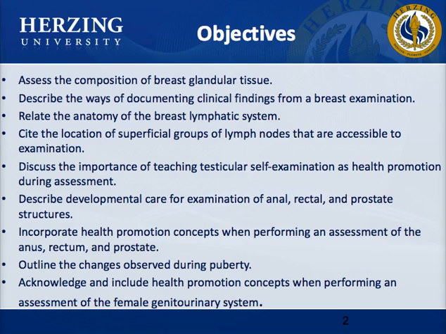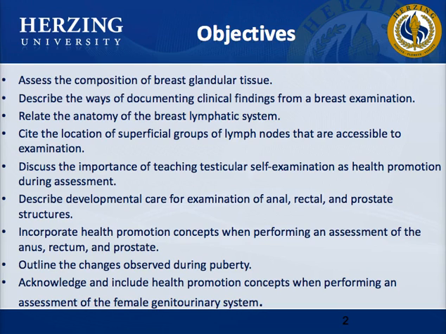The objectives for this week include: assess the composition of the breast glandular tissue, describe the ways of documenting clinical findings from a breast examination, relate the anatomy of the breast lymphatic system, cite the location of superficial groups of lymph nodes that are accessible to examination, discuss the importance of teaching testicular self-exam as health promotion during assessment,